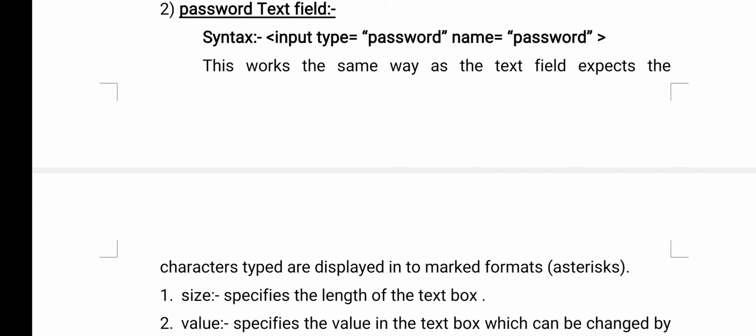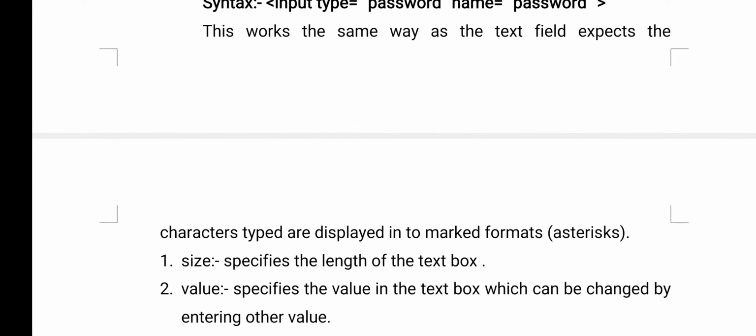Now name equals to password means whatever information the user is entering in that particular field, that field is identified with the name attribute. Now see the definition here.